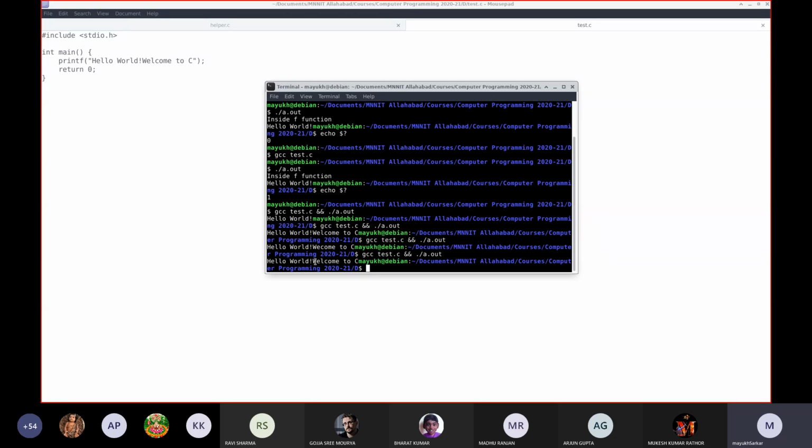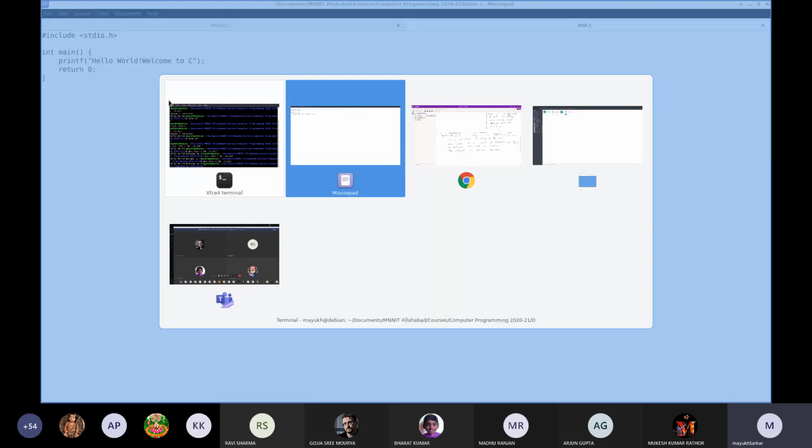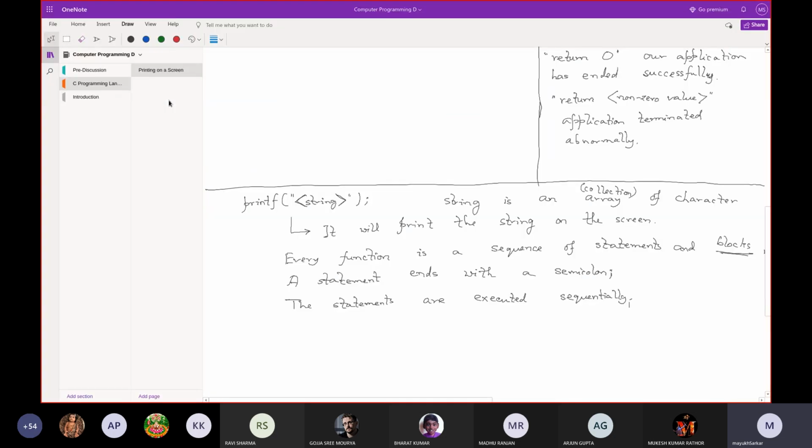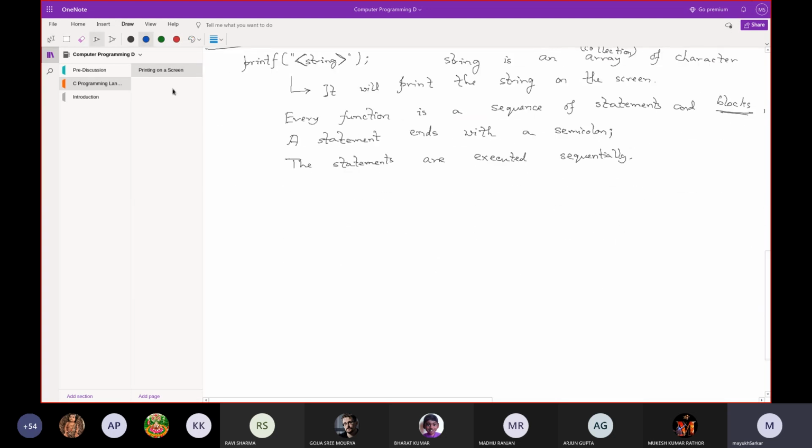Now, suppose I want to make this string look somewhat better. As for example, suppose I want to give a new line here, right? Or maybe I do not want to start the shell immediately after it got printed, rather I want to give a new line here. For that, there are several special characters which are called escape characters, escape sequences.